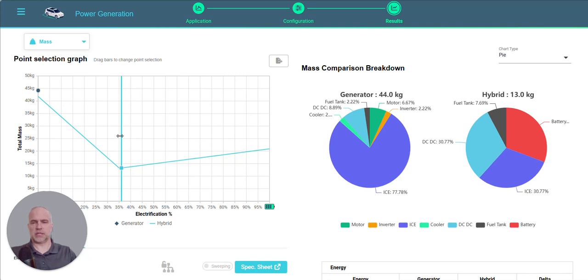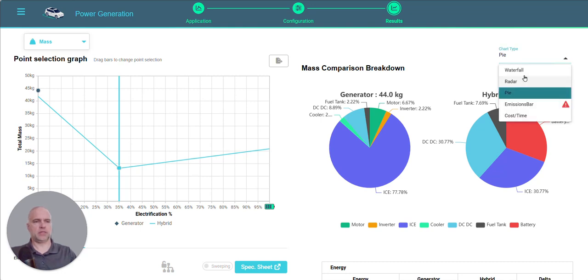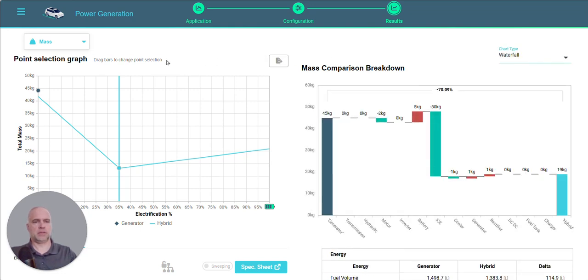So the battery technology will change where the optimum is. So only 35% of a battery-only solution is actually a mass optimum in this case, mainly from downsizing the engine,